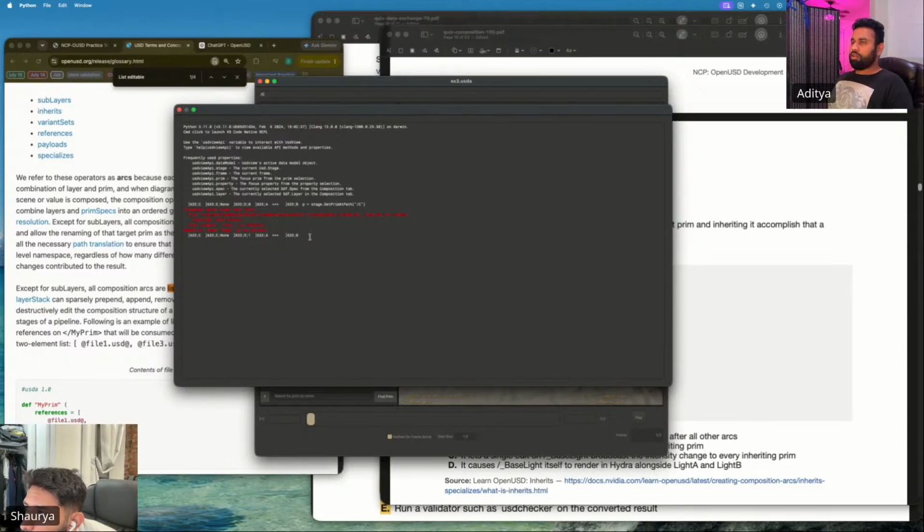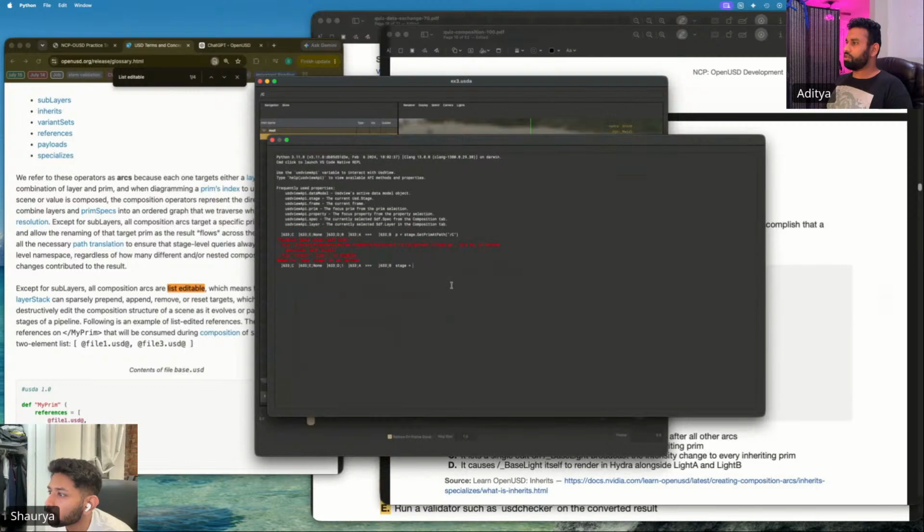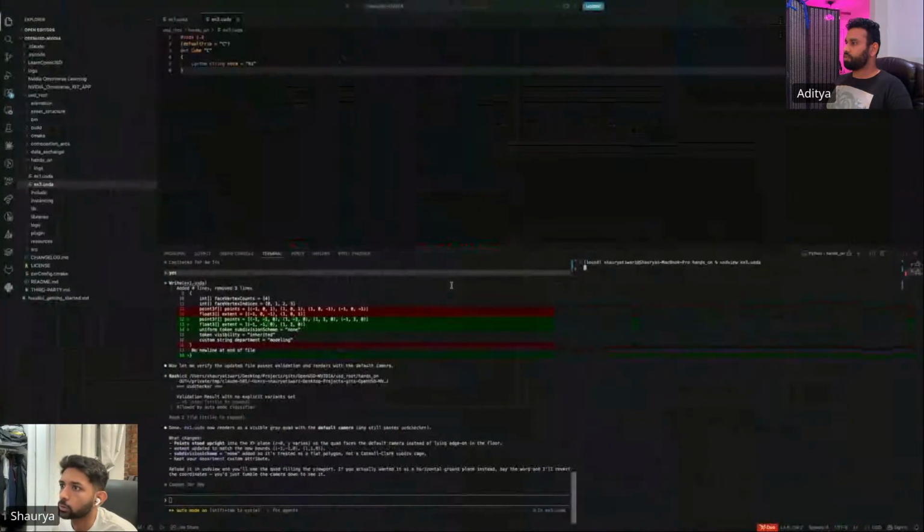Stage one is not defined. I think stage is equal to, define the prim, right? Stage is equal to